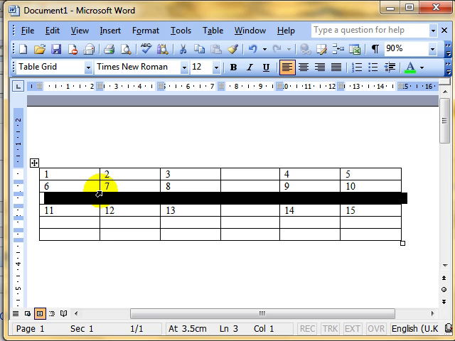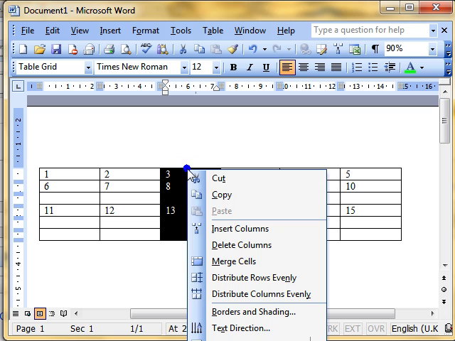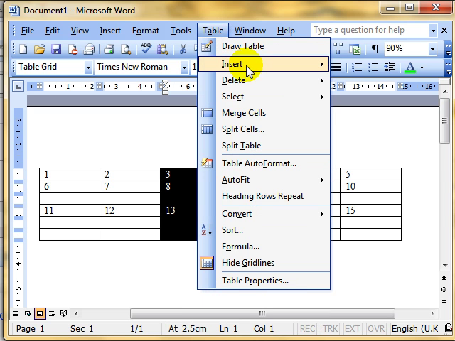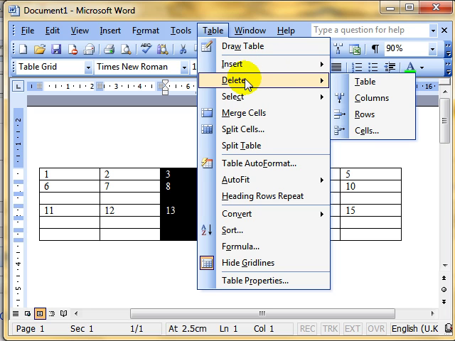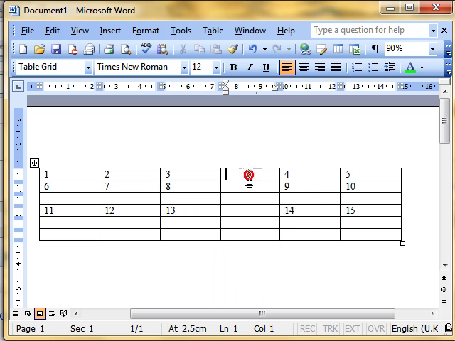So you can see inserting rows and columns to your table is fairly straightforward. You can choose which column or row that you want and use the right mouse button to insert and delete. Or you can use the table menu to insert and delete. And really the only difference between the two is that if you use the right mouse button, you have to select the column first. If you don't select the column first, then you can use the table menu and choose